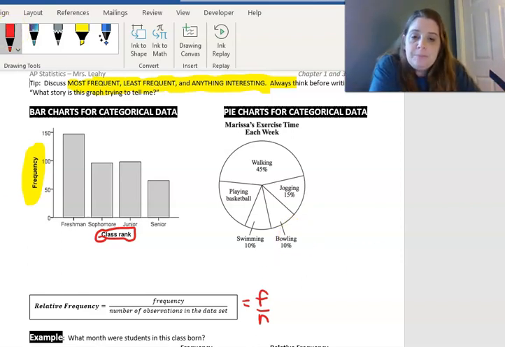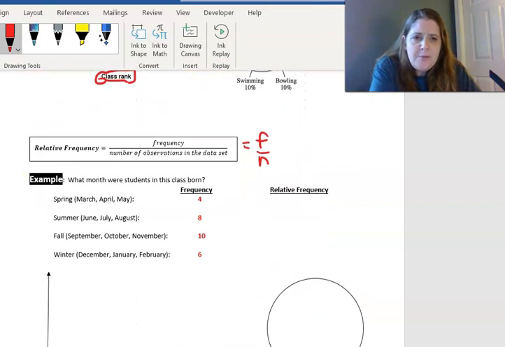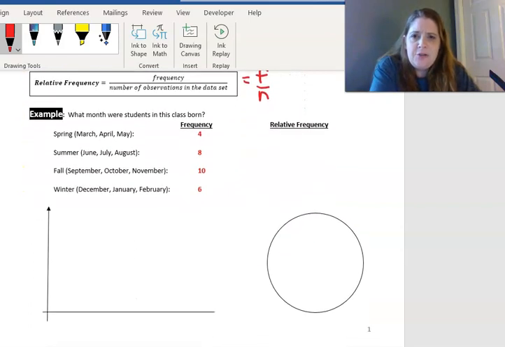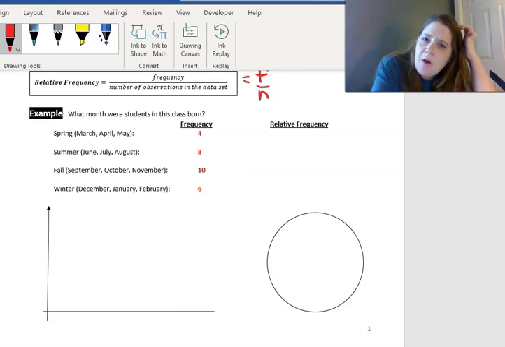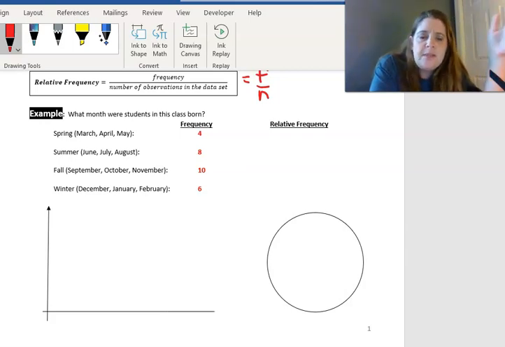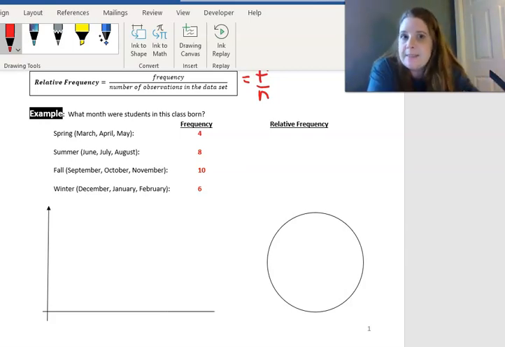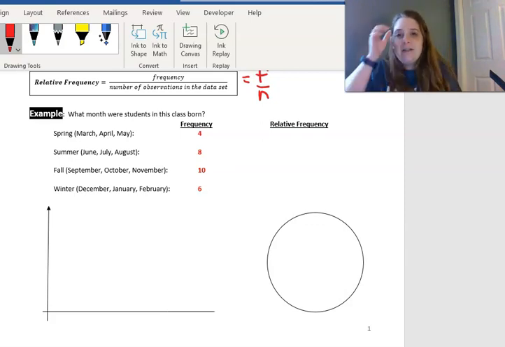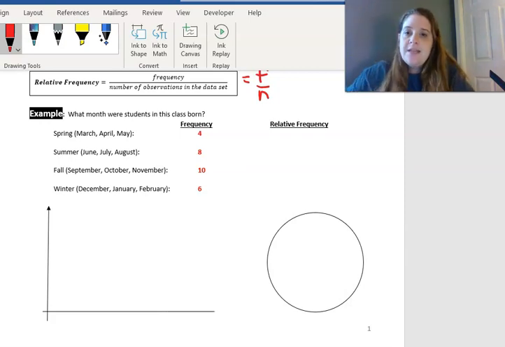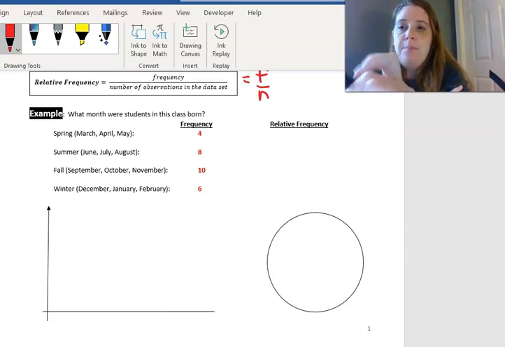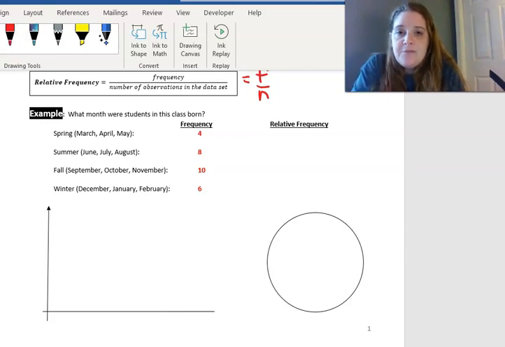All right, so we took a survey in class, and for the survey, we ended up with what month students in this class were born, and then we broke it down into season, so like birth season, and we had 4 people who said spring, and 8 people who said summer, 10 who said fall, and 6 who said winter. So if I wanted to make a really quick bar chart for this, okay, the first thing I would need